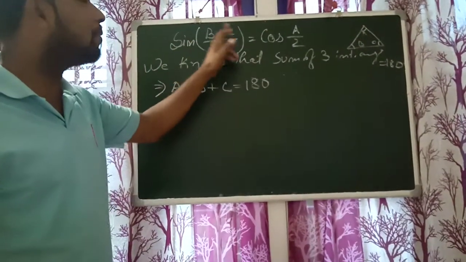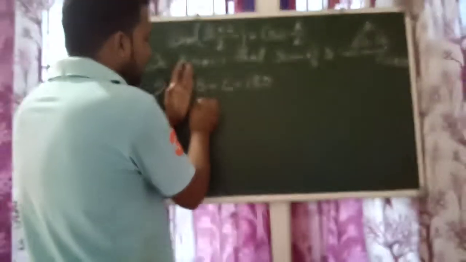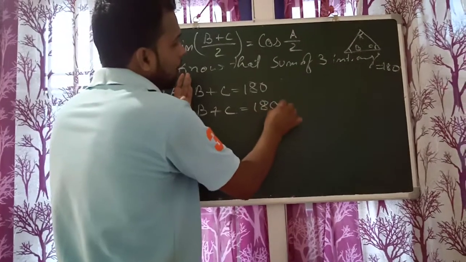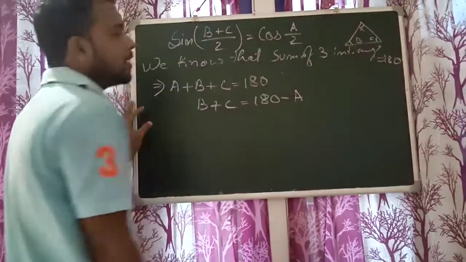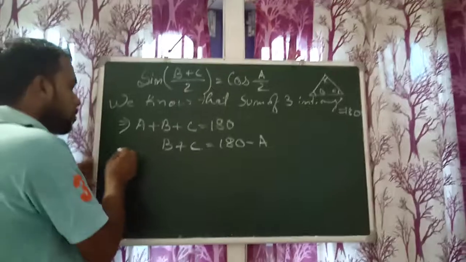Now we need b and c on the left side. Okay, we need b and c on the left side, then keep b and c. b plus c is equal to 180 minus a, as a goes to that side, it will become minus a. Okay, then after dividing the equation by 2,